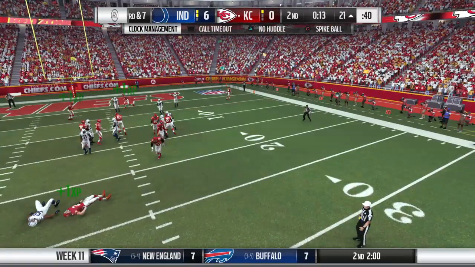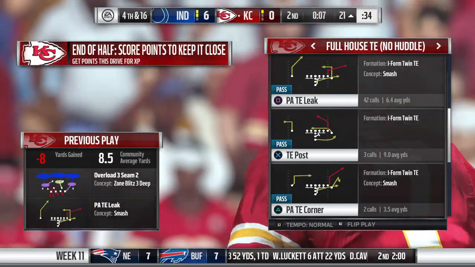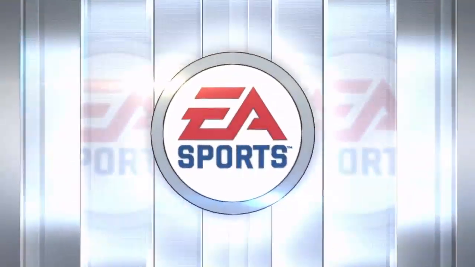Blitz coming, and down he goes. It'll be a loss of 8 on the sack, and it's going to lead him to 4th down. And how about this? 4th and long, and they're going to go for it. And now before they run this 4th down play, we're going to...